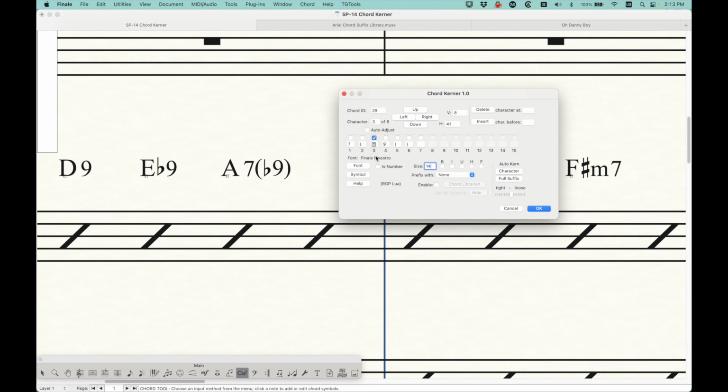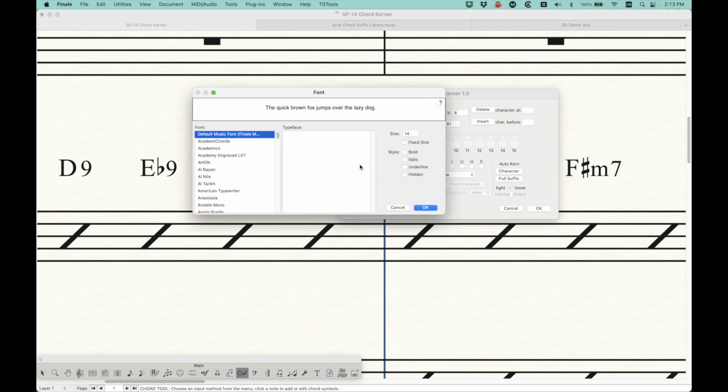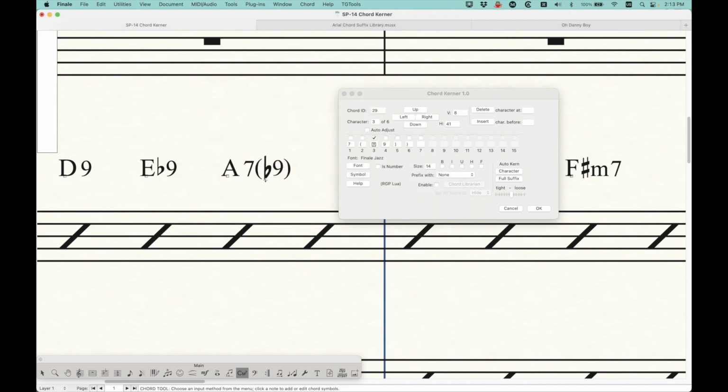And I mentioned you can press the font to change the font if you want. If we wanted to change from Finale Maestro, let's say we're going to change to the Finale Jazz text here for the flat. We could do that, and now we get our jazz flat, and that's rather large, so let's make it 12. But we can also choose a symbol, so if we wanted to change this from flat 9